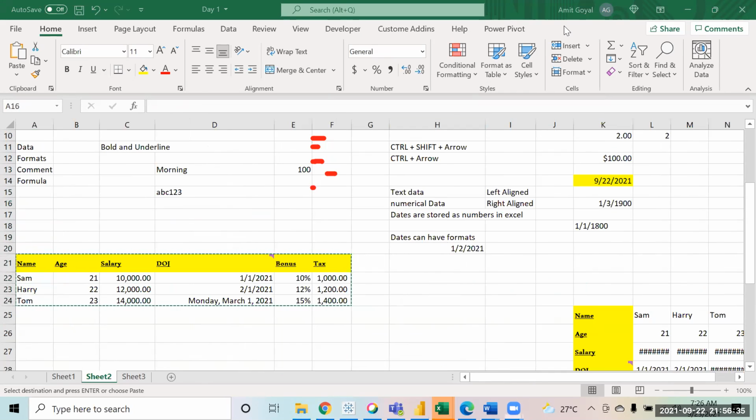I'll just share a small data set with you all over this chat. Okay, I've shared a file with all of you on the chat.